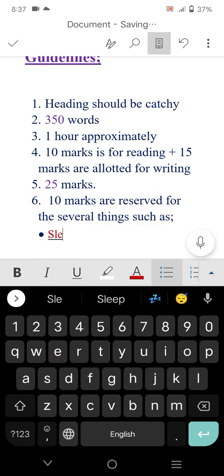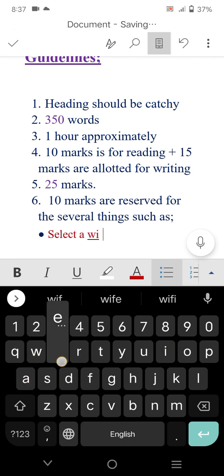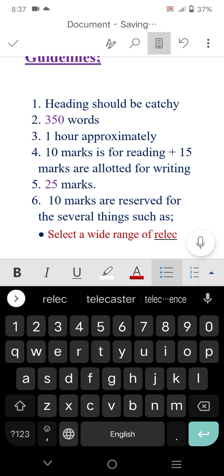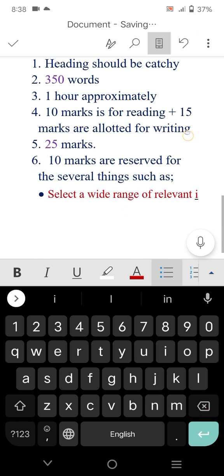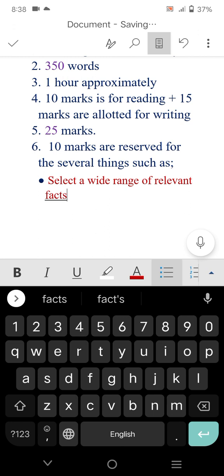You should select a wide range of relevant ideas, relevant facts, ideas, opinions that are essential